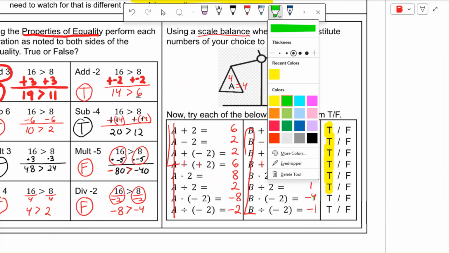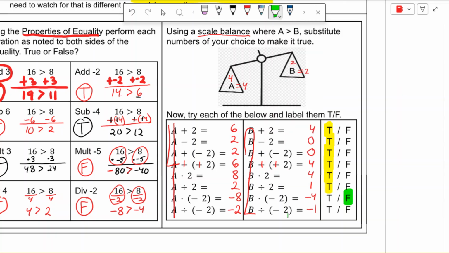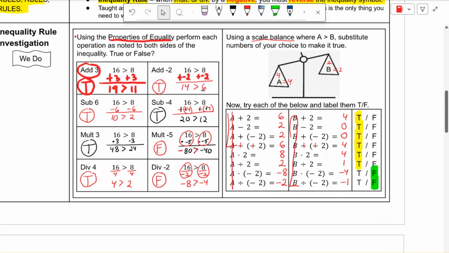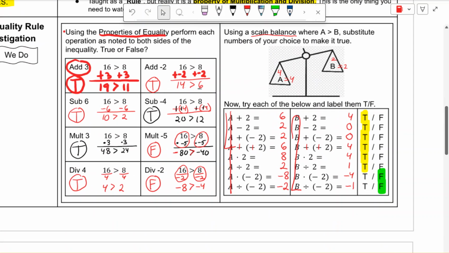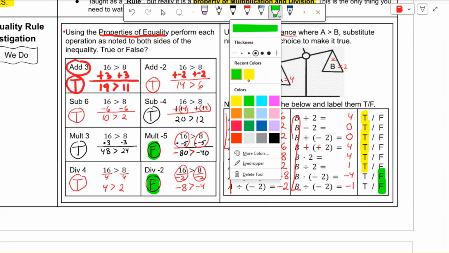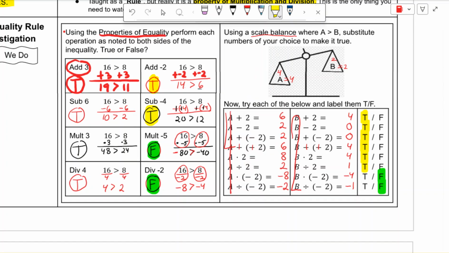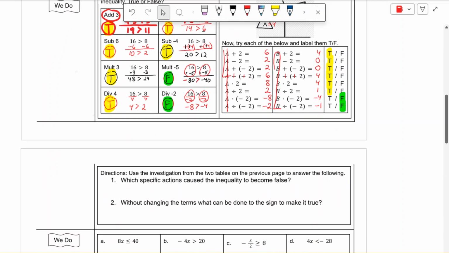-8 is greater than -4? No, it's not. That's a false statement. -2 is greater than -1? No, another false statement. So let's zoom out here and look what happened. We have 2 falses over here, and we have 2 falses over here. All the rest of them over here were true. Something going on. Turn the paper over,